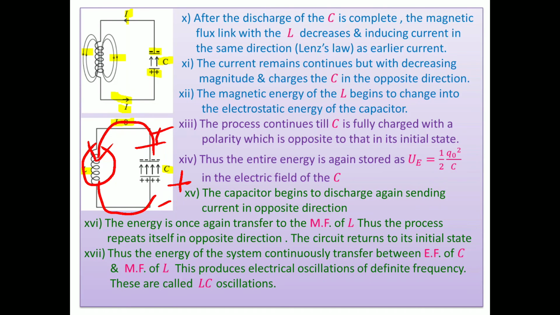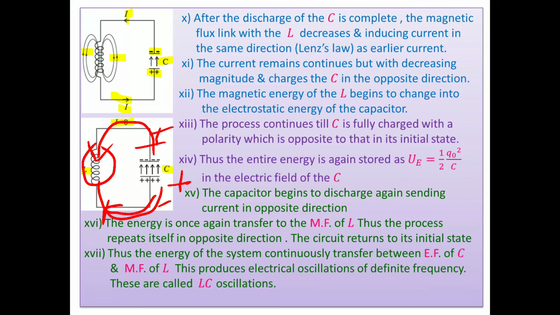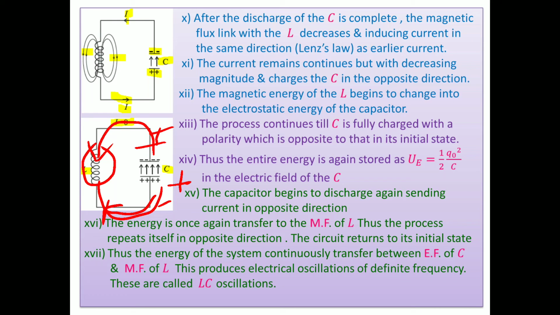The capacitor becomes fully charged again, meaning magnetic field energy gets converted into electric energy. And as the magnetic field energy gets totally converted into electric energy, it again sends a current in this direction. Again the inductor gets fully charged, and electric energy gets converted into magnetic field energy. It means electric energy gets converted into magnetic field energy when the capacitor is discharged, and magnetic field energy gets converted into electric field energy when the inductor sends a current through the capacitor.